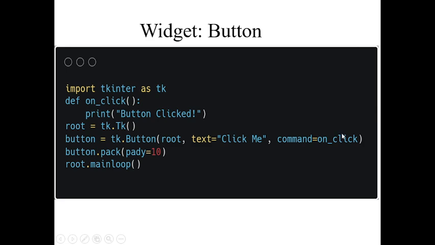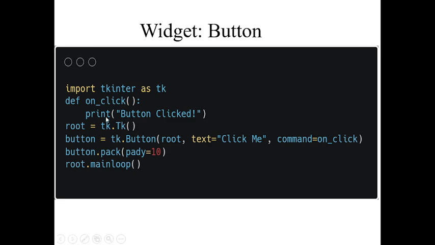The next is button. The same thing is for button. First of all, we have to import the library, then create, and because button is a clickable event, first create a function, on click, what you want to happen when we click on the button. So we have defined a function on_click. What will happen when we click on the button? It will print button clicked.